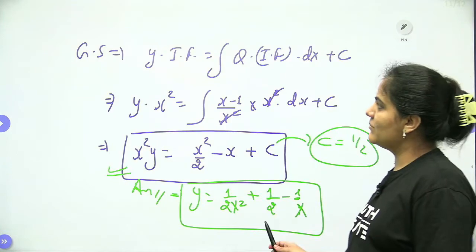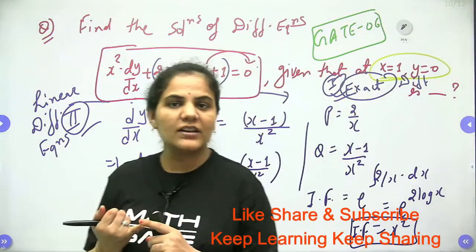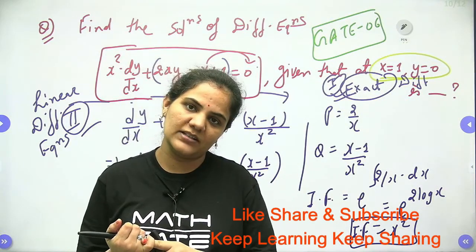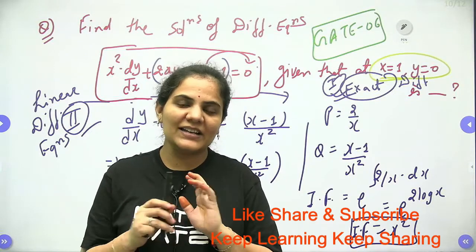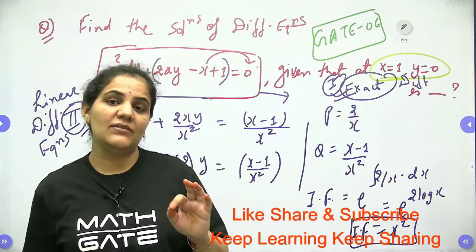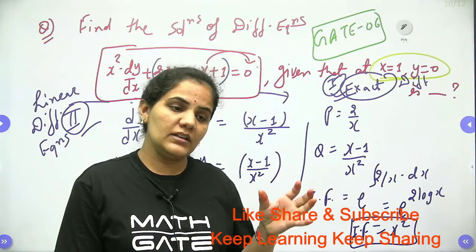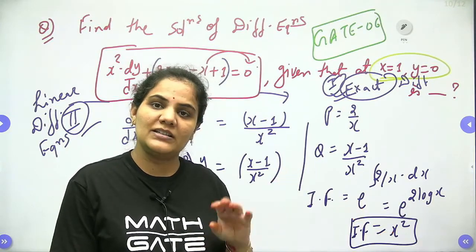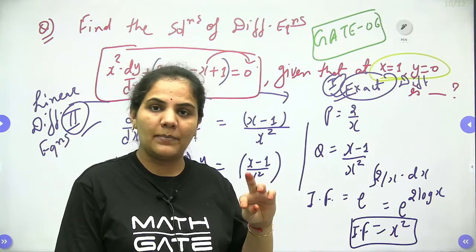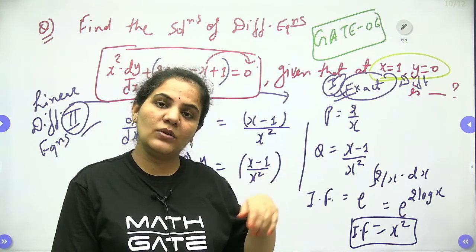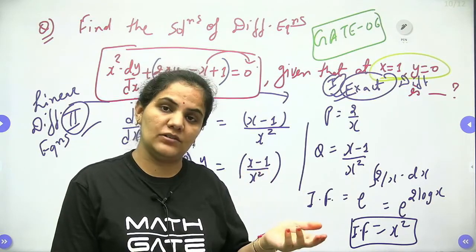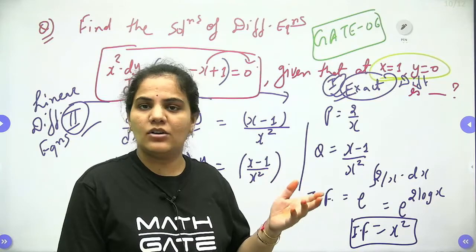So you can see the same question you can approach with the help of linear also, and with the help of exact also, guys. You are free to approach with any method. You can even go for each and every method, and there are some questions which you can apply another method to also. So you can check one question with multiple methods to see whether it is applicable or not.